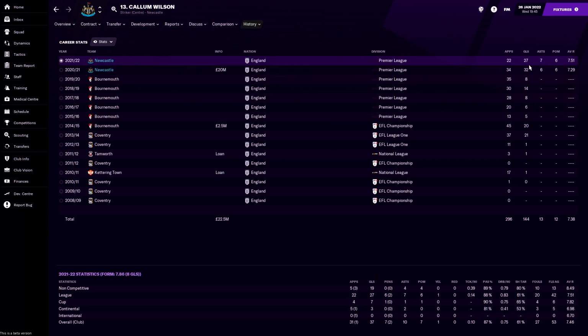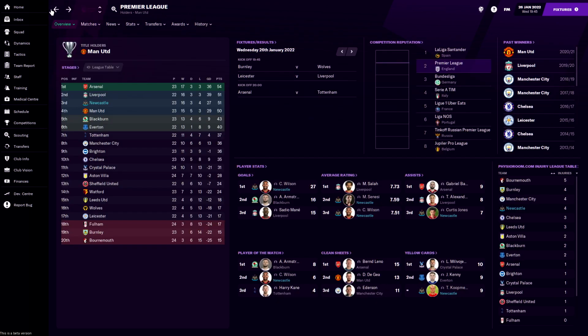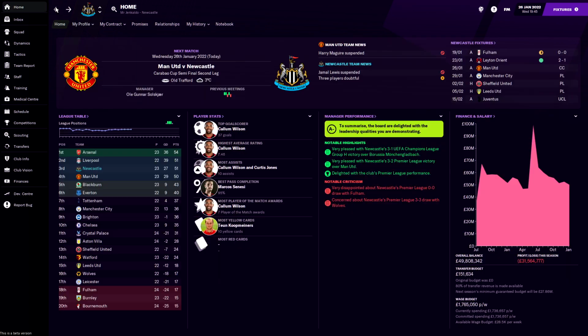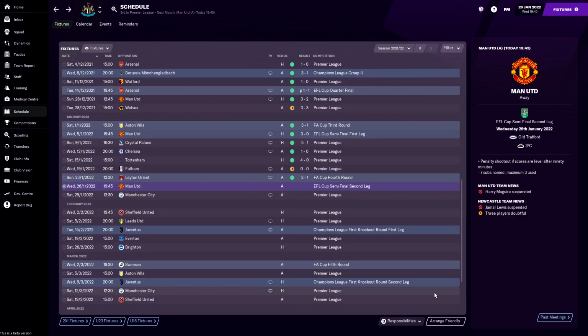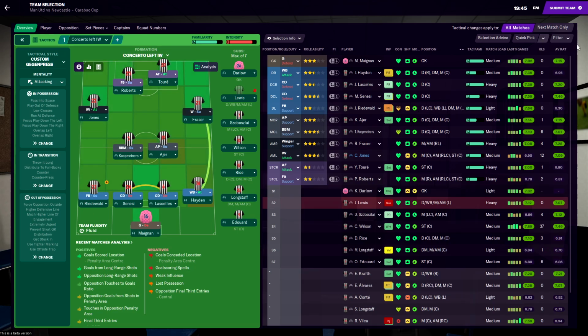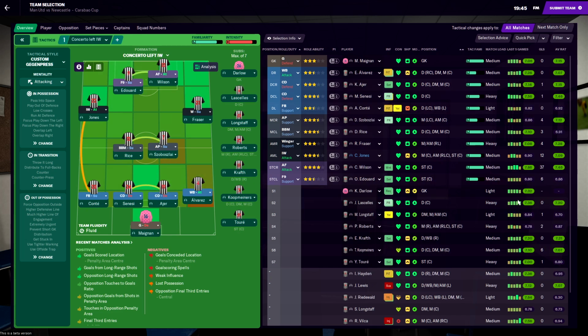He'll be getting another golden boot. 27 in 22 in the league, but 37 in 32 in all competitions. He's an absolute machine. The beta is not necessarily reflecting the true abilities of Callum Wilson. But today against Manchester United, going to just do the auto pick on this one because we've got a few